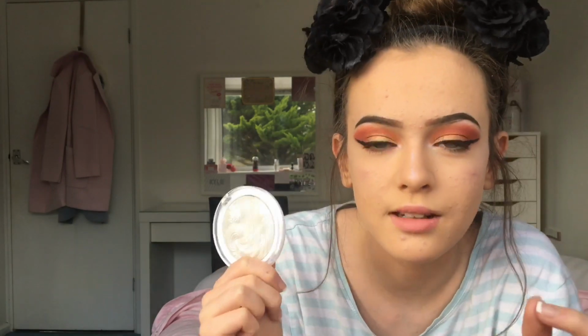Soap & Glory Super Cat Skinny Liner I thought was amazing. It did it so flawlessly, a nice sharp wing. And then the blush I used was okay. I can't really rate a blush because they're all like, it showed up, it wasn't too pigmented, but it wasn't too less pigmented. It was alright. The bronzer slash contour was okay. It snatched my cheekbones a little bit, but not too much. But it was okay. And the highlighter was a bit too blue, but it was amazing. I'm going to go out and get all the colours because it's only £3, and I don't know if you can see, but...